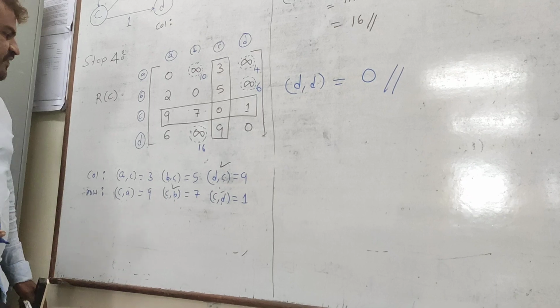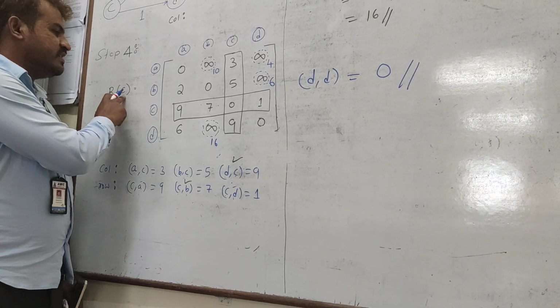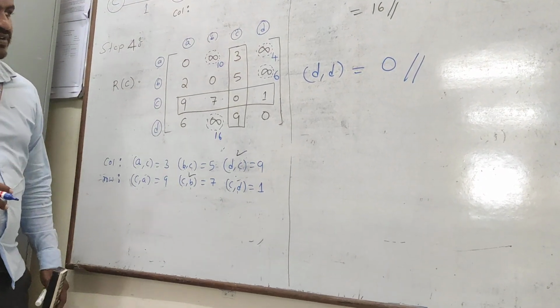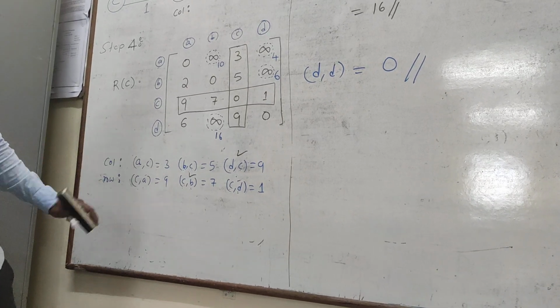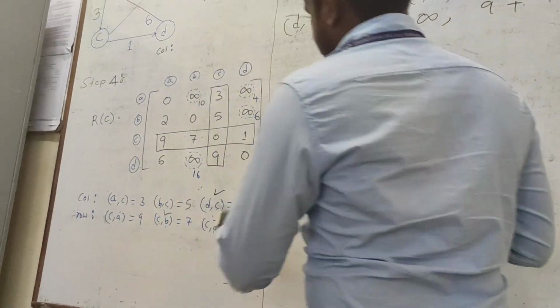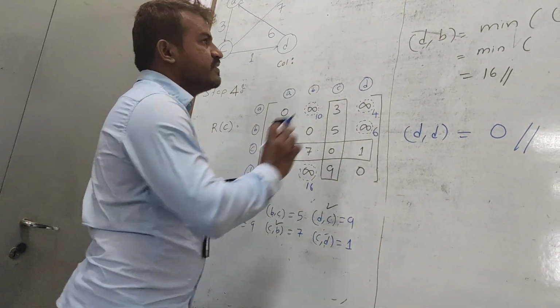Okay, so what is the final? That is step 4. You did it only this one. The last column is there. That is the last column. How to do that one also. Okay, next step. You rewrite this graph here. Hope you understood this one. Then you will write here only.